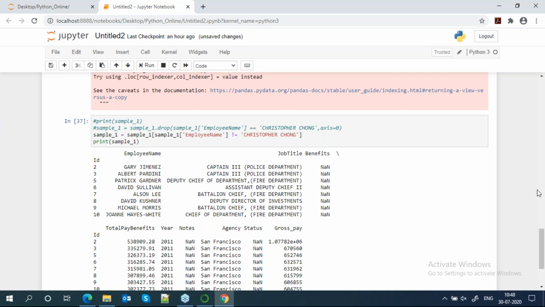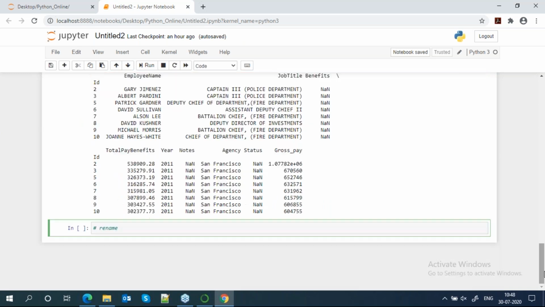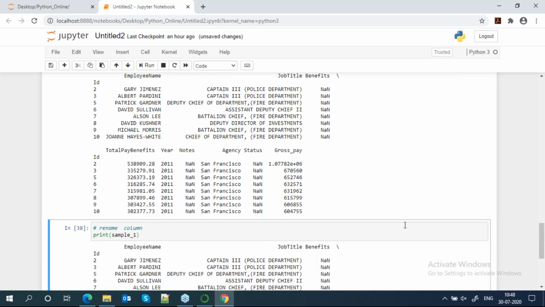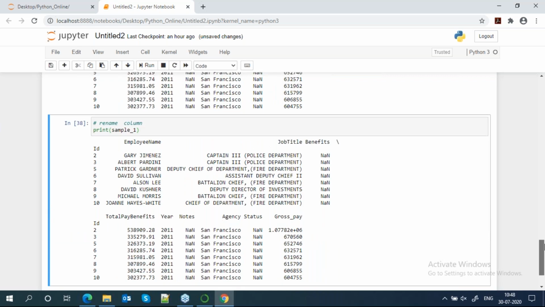Okay. So now it's time to rename a column. Suppose you can see that we have total benefit here, gross pay.